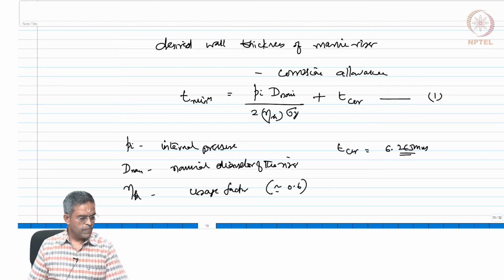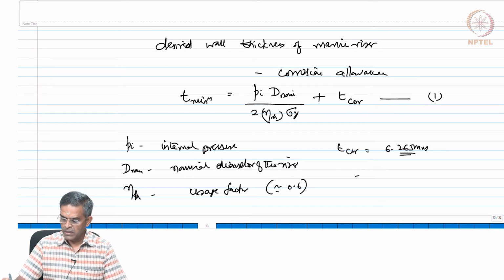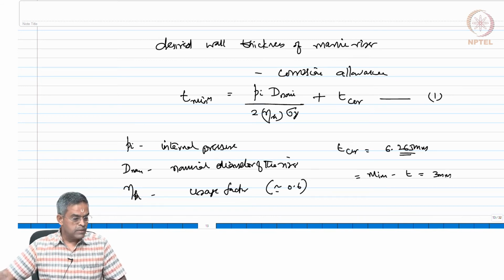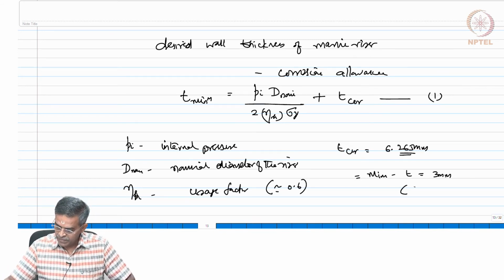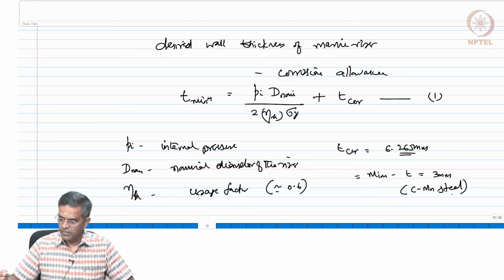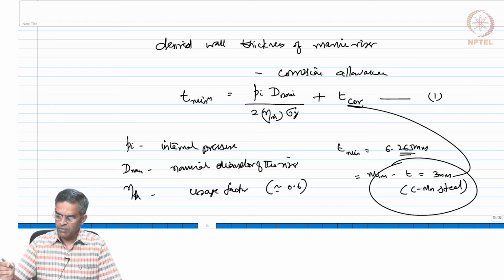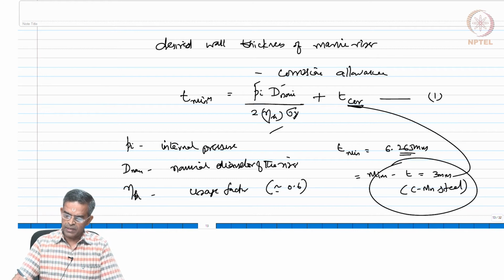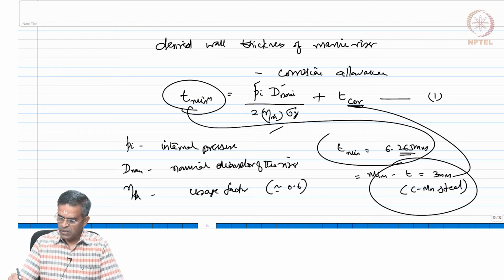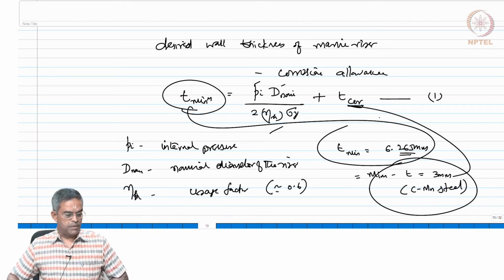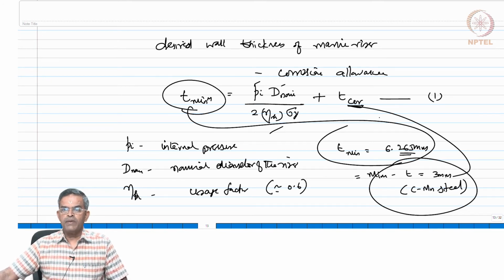As per international practice, the minimum corrosion allowance given is 3 millimeters if you provide carbon manganese steel. So, this is not TC, this is the minimum. Okay. So, you provide T minimum for corrosion as 3 millimeter, then work out for the given pressure and diameter, and this work out T minimum, that comes to be 6.265 millimeters. Okay. So, friends, please note, along the inner surface of the riser there is a corrosion resistant layer